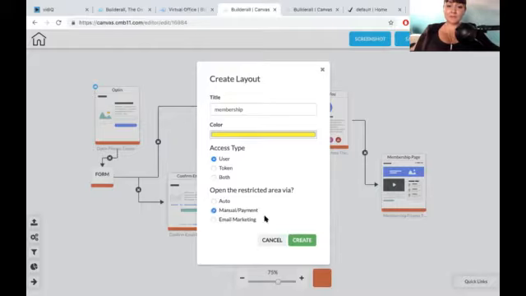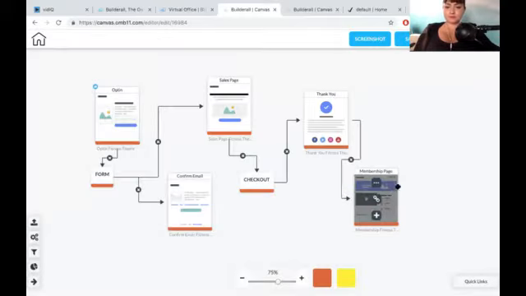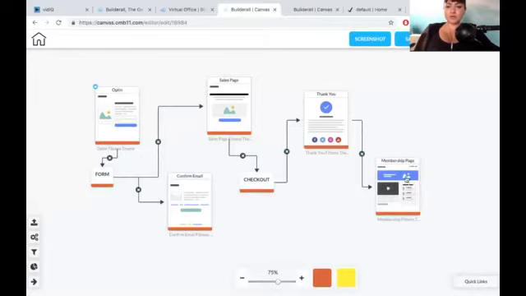So we click on manual payment, or when they confirm email marketing. So something else. For this example, we're going to click on manual payment. Okay, so here,